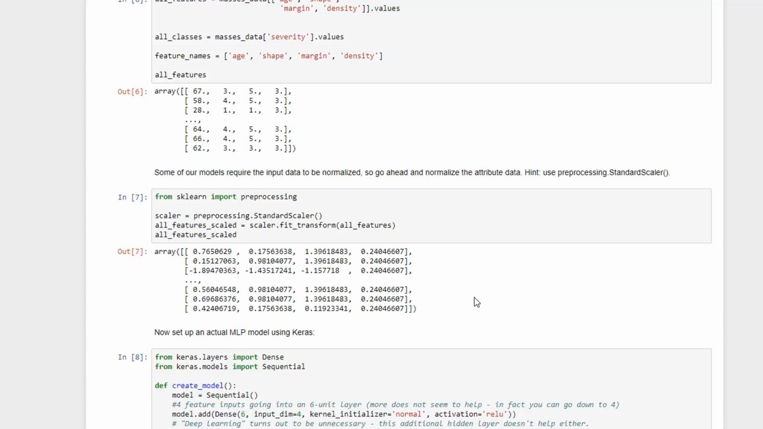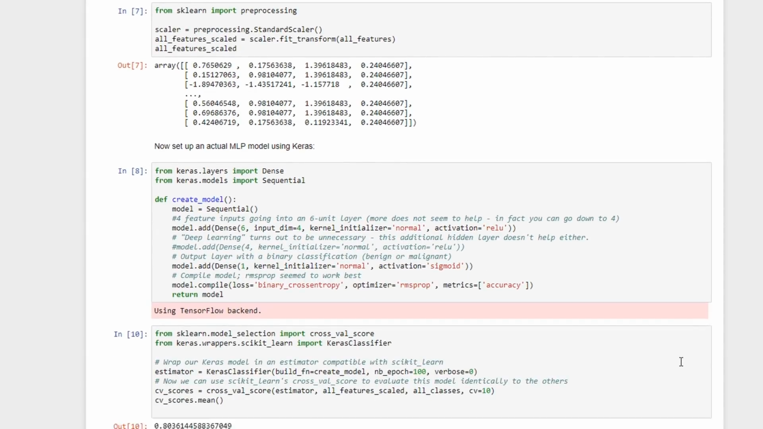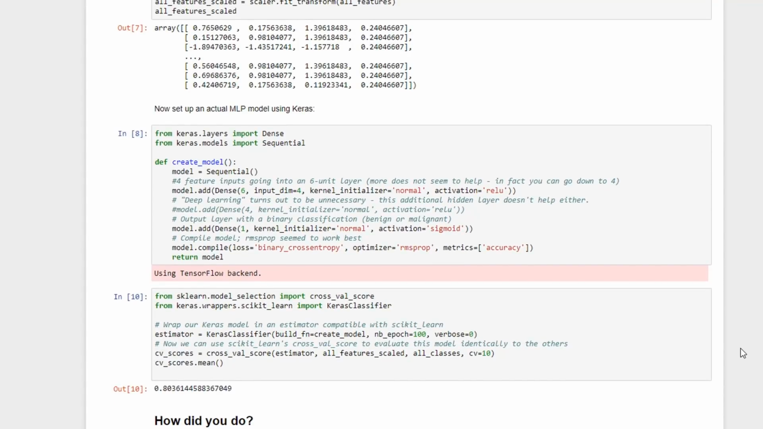Remember, when you're putting inputs into a neural network, it's important that your data is normalized before you put it in. Now we get to the actual meat of the thing, actually setting up our MLP model, and I'm going to wrap this in such a way that I can use scikit-learn's cross-val score to evaluate its performance. So in my example here, I've created a little function called createModel that creates a sequential model, adds in a